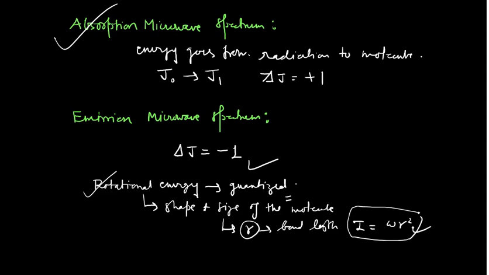So what I am trying to explain here is, all forms of molecular energy are quantized. This I have told you. This means the rotational energy is also quantized, which depends upon the size and the shape of the molecule. So the permitted rotational energy levels, or the J levels, may be calculated by solving the Schrodinger wave equation that represents a particular molecule.